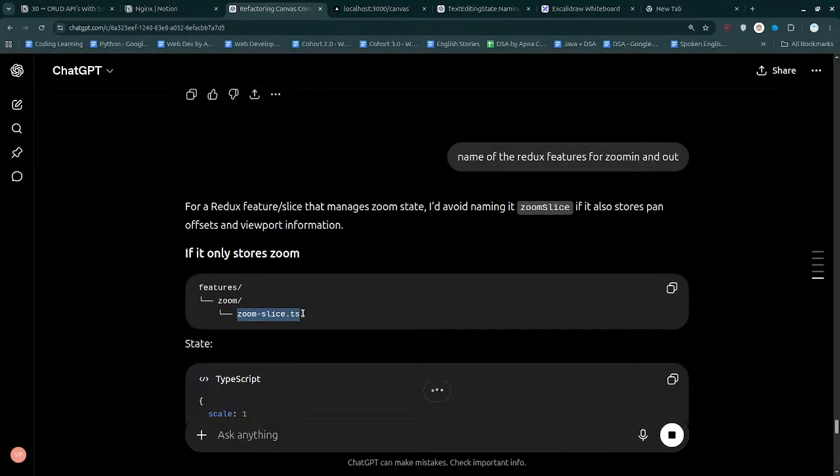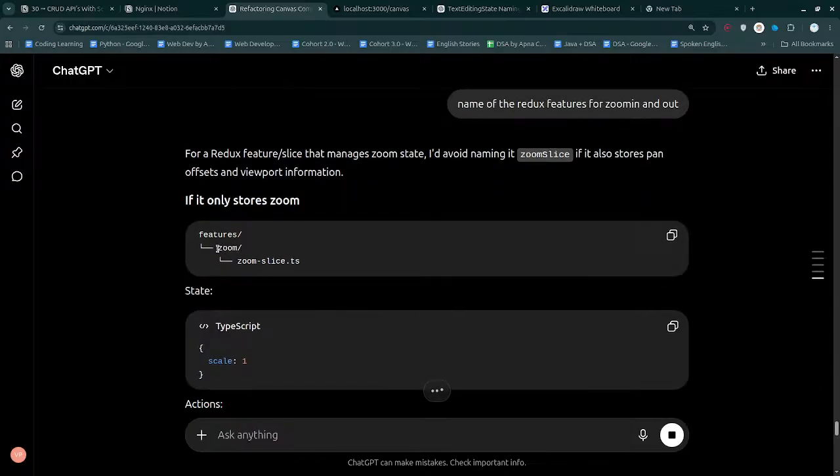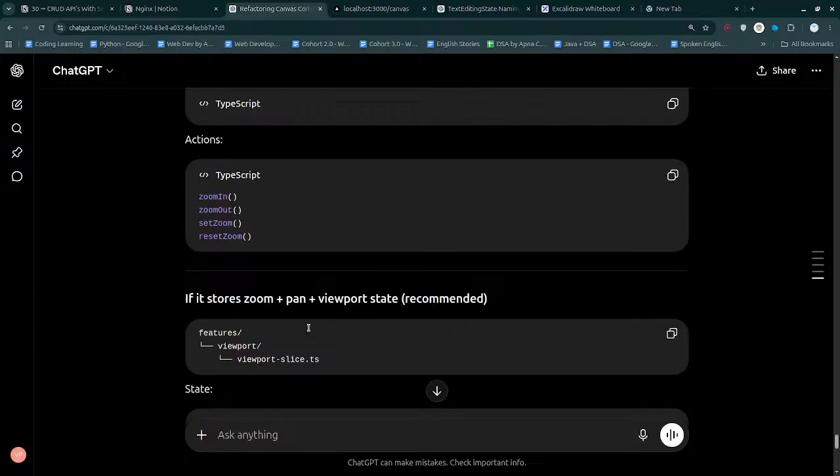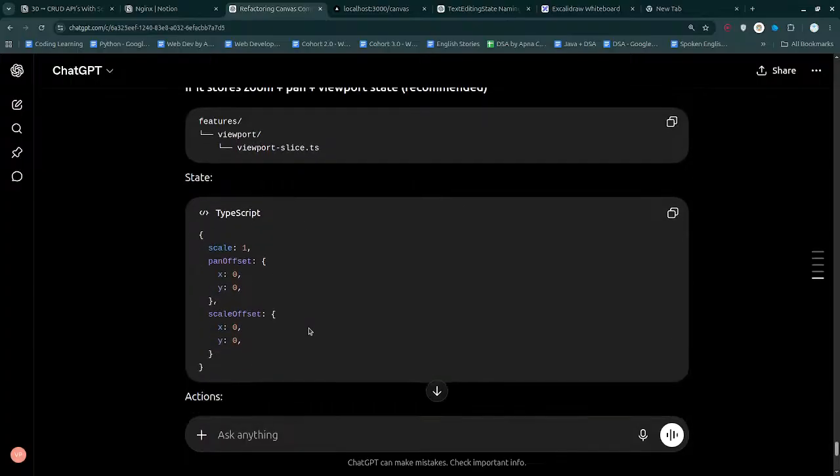This should be zoom slice. So we have to create a zoom folder. Inside that, that's gonna be zoom slice. We'll have a scale over there, and I think that's the only thing. Do we need to have even more? Pan offset and scale offset,